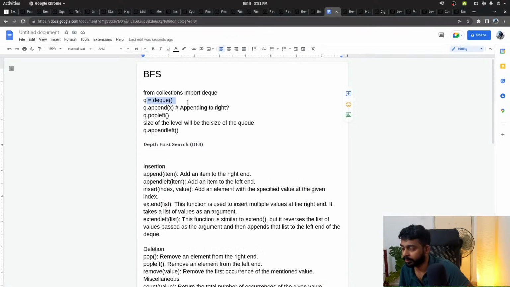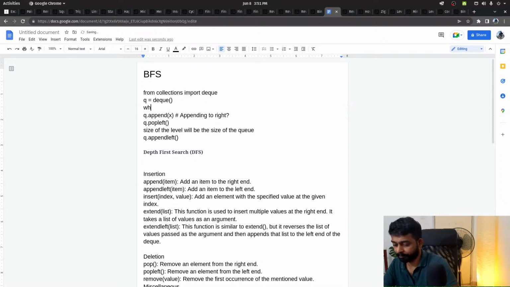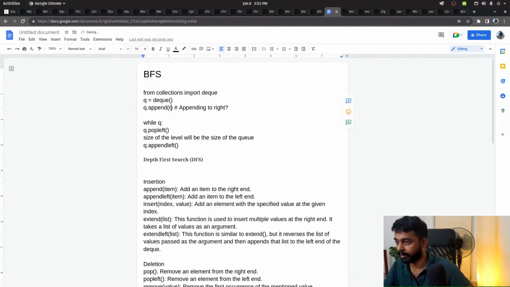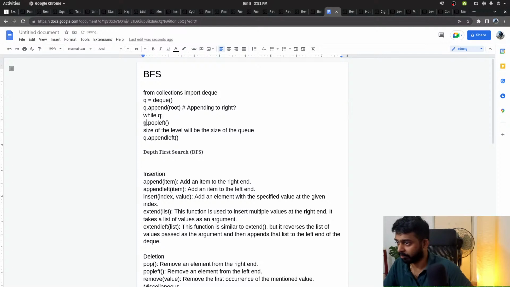Okay, while q, q equals deque, append root, and then while q, and then